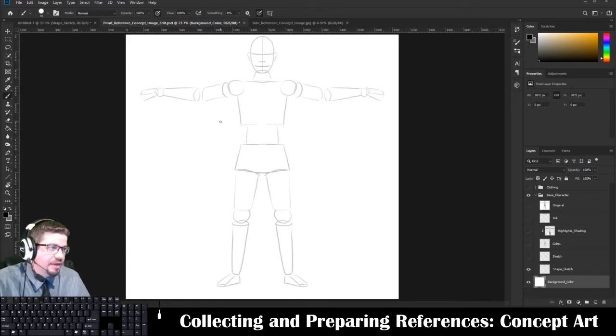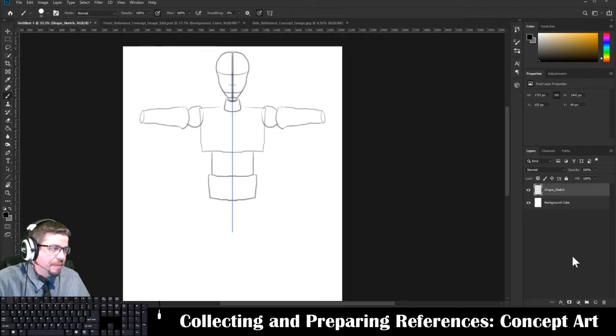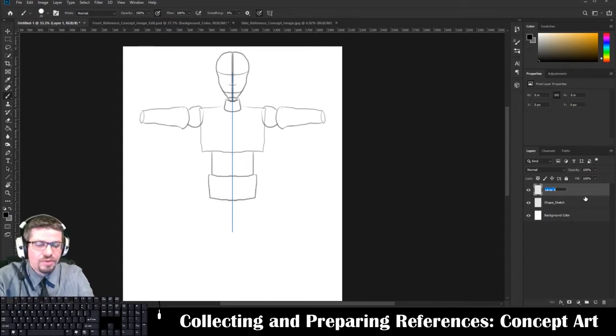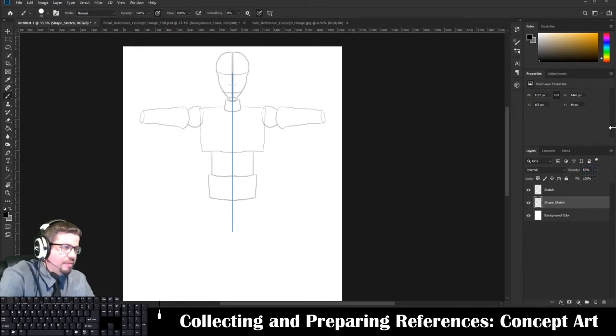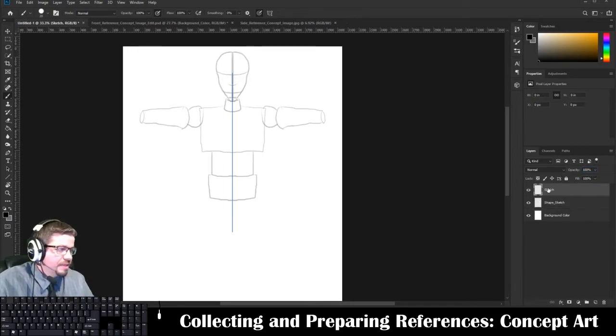Okay? Just to save time, right? So the next thing I do once I'm done with my shape is I'll start to do a rough sketch on it. And then what I'll also do is I create a new layer, rename it, and then on my shape sketch I might even bring the opacity down right here. There's a slider if you press the arrow, or you can just literally type in like 50% or whatever. And now on my sketch layer,